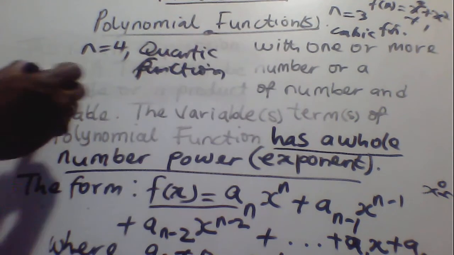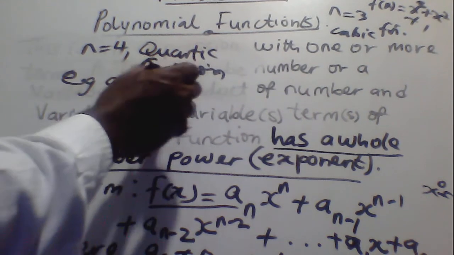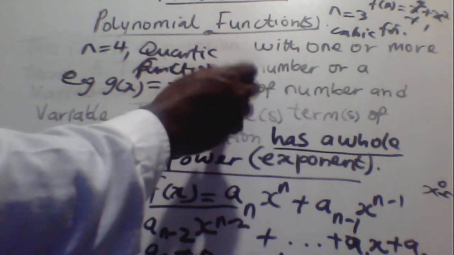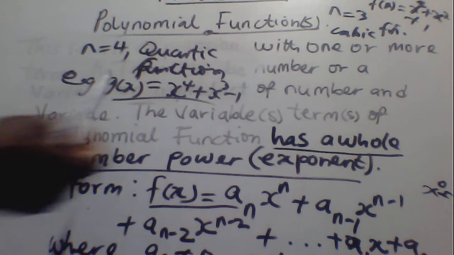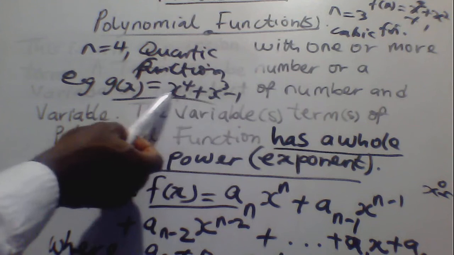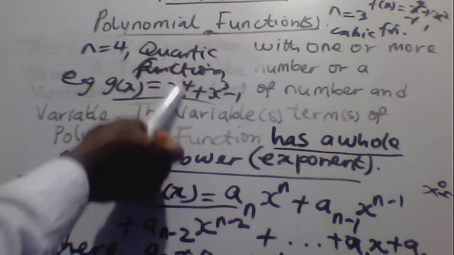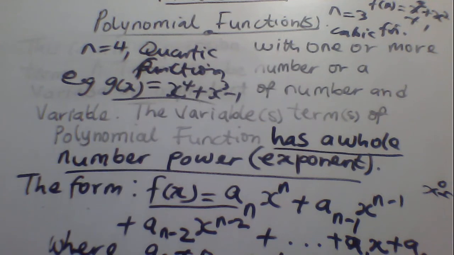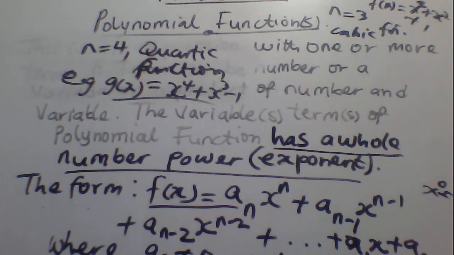In this case, for example, g of x is always equal to x raised to power 4 plus x raised to power 3 minus 1. So this is what? A polynomial function. Why is it a polynomial function? You always give a reason. Because each term of the polynomial expression has a whole number power or exponent, and they also have their respective constants that define them, based on the formula of a polynomial function. So in this case, this is a polynomial function.